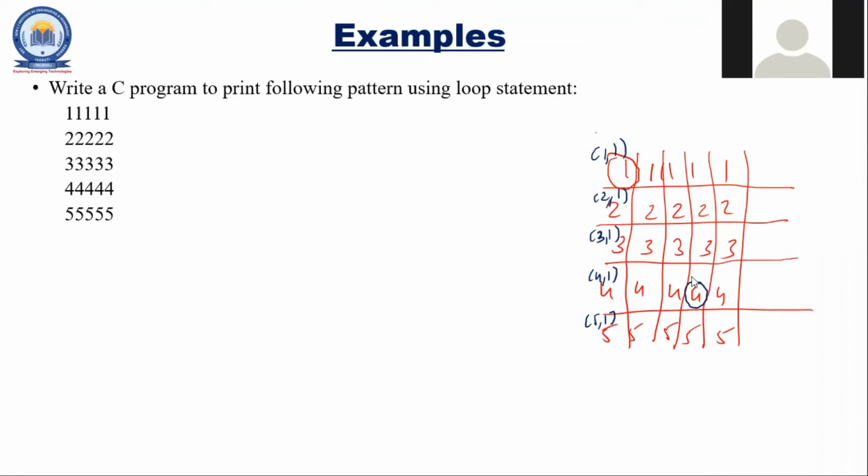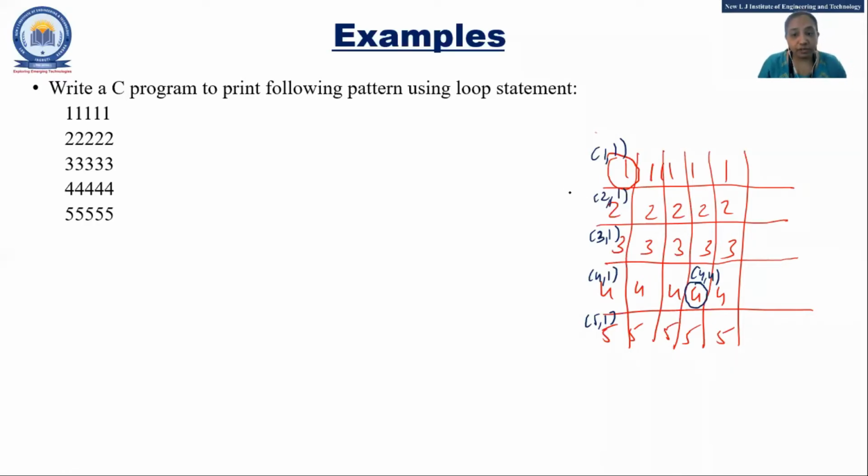It's 4, 4, right? Fine, you can mute yourself. Yes, 4, 4, fine. So can we implement it with the nesting of loops?